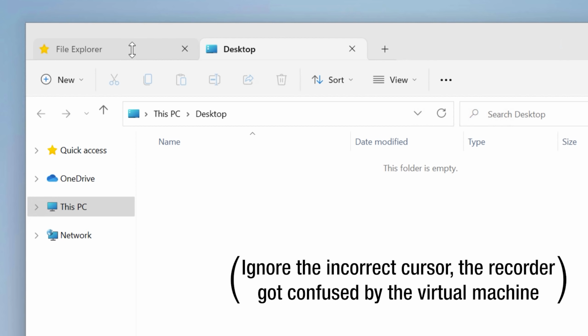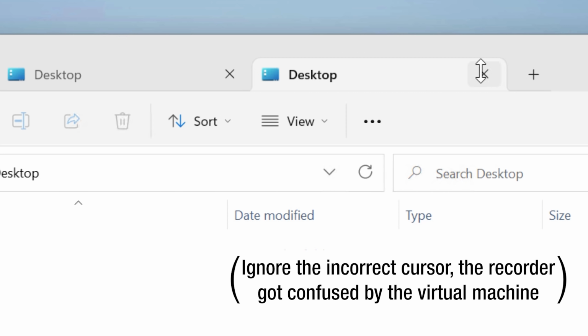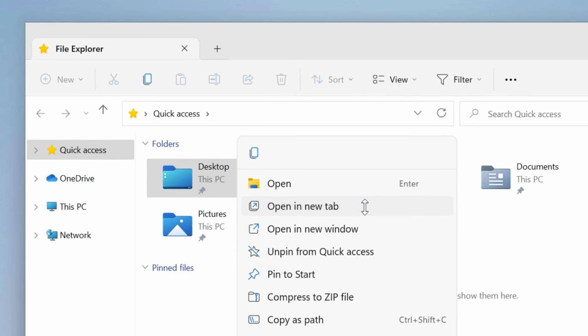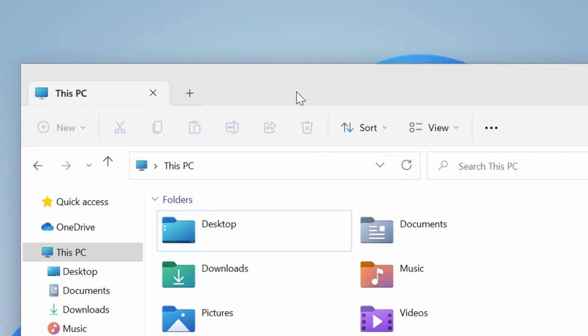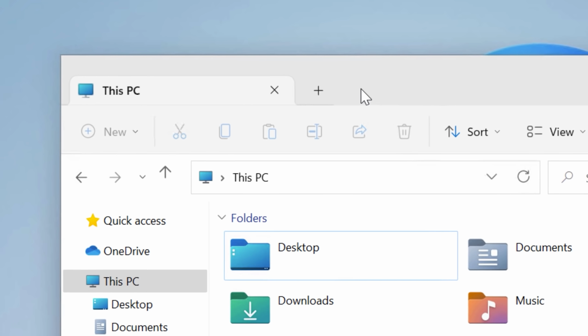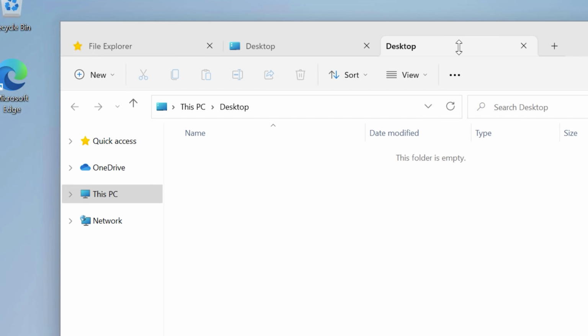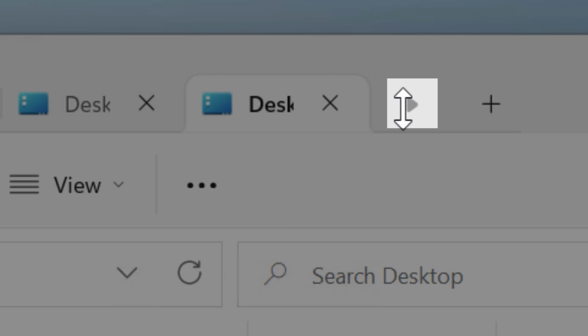It looks nice. You can click the plus button to open a new tab in the same directory you're in, or you can also right-click something and click on New Tab from there to open it. Middle mouse clicking a tab will close it, and if it's the only tab open in a window, then middle clicking it will just close the whole window. And if you open too many tabs to see, there is an overflow feature where it'll show little arrows and you can use that to scroll.